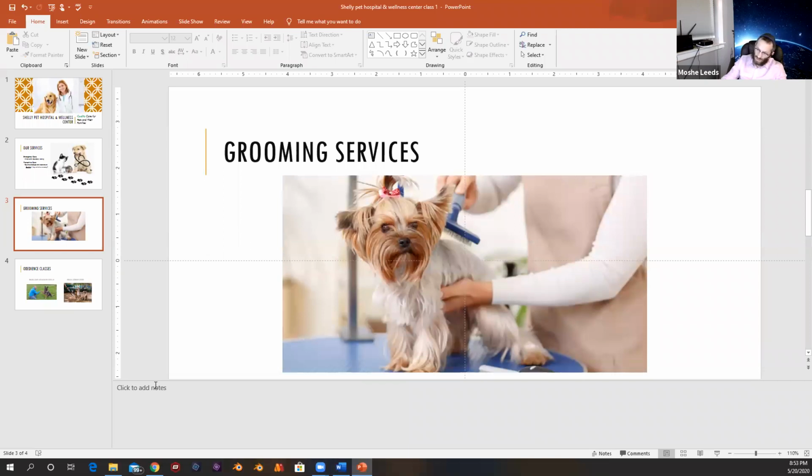But again, if you go to notes, right now there's nothing there yet. Here you see this little note that's pre-populated that tells you click to add notes. Okay, so I'm going to click on that. That goes away, and now I have all my typing functions. And I'm going to type like this: we offer